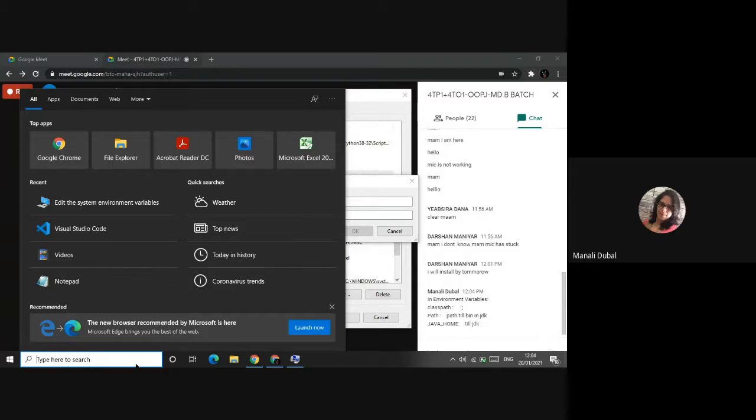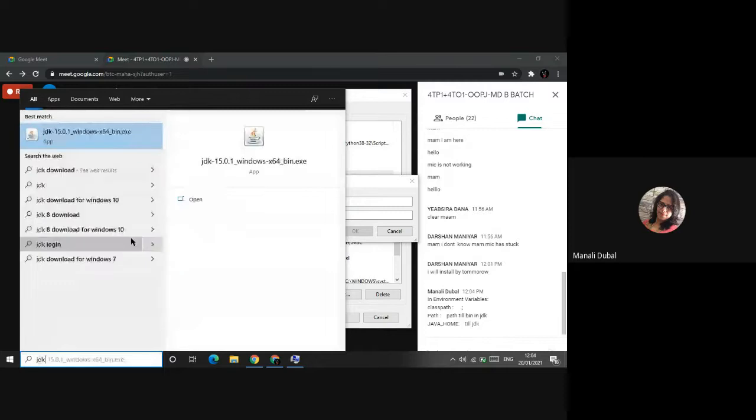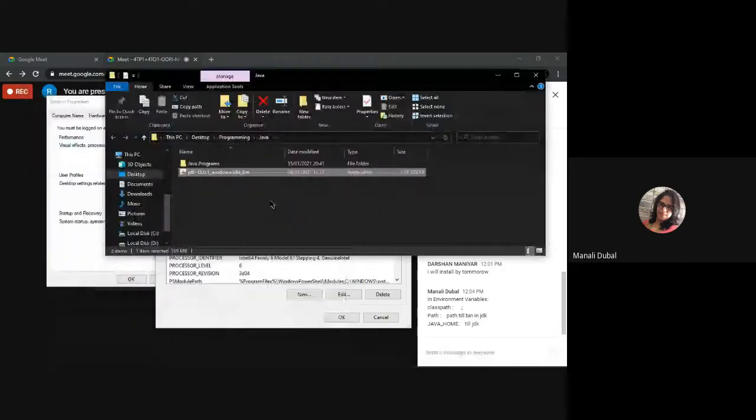Okay, then we can simply do it in Notepad, or you can even install Sublime Text or Atom. Both are fine. VS Code is also fine, but you need to set at least Java's path for the programs to run, right? Yes, just set it. Read the message that I've sent you and set it. First is the classpath. First is the variable name and then the value.